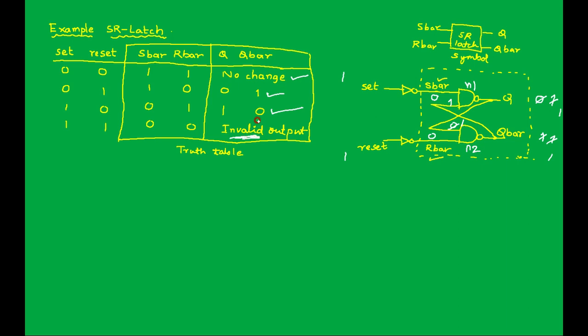So we analyzed the circuit. We have seen set and reset are the actual signals. S bar and R bar represent the complement of set and reset inputs, and we analyzed the truth table of the SR latch. We'll try to write code for this SR latch, and also the test bench for an SR latch.